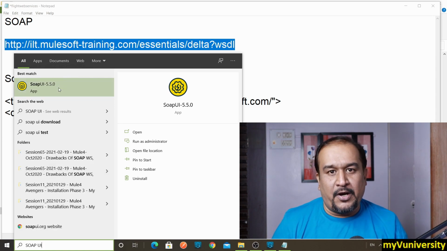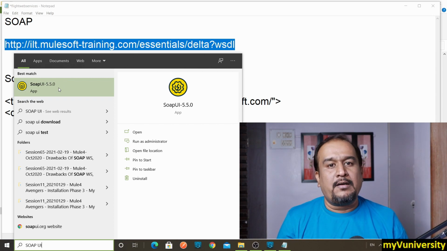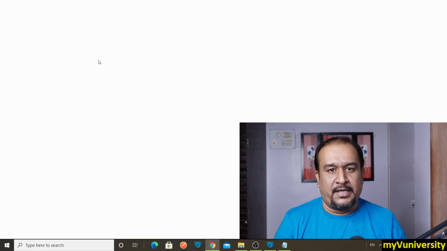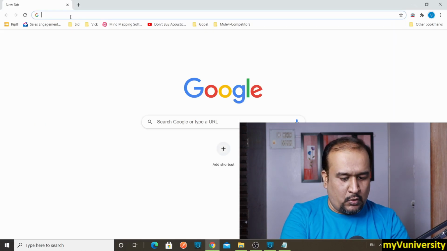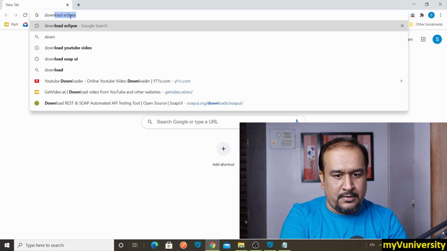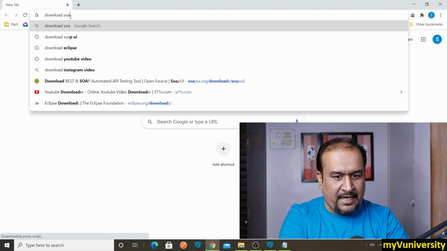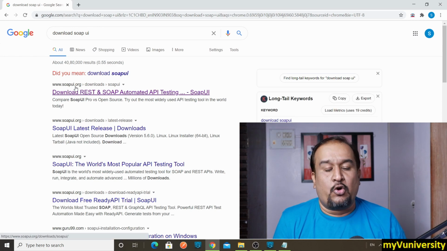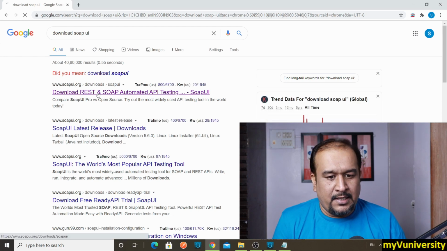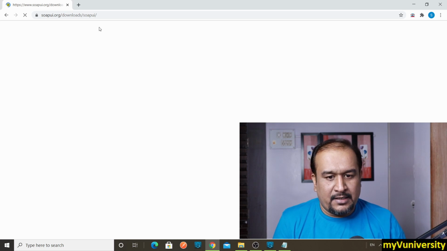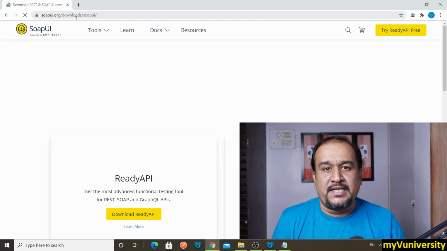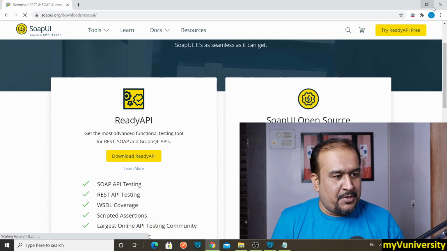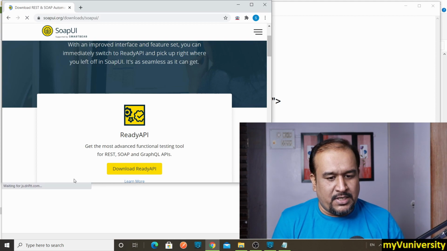I have version 5.5.0, but if you want, you can get the latest version from the internet. You can download it. It is open source. Let me show you that. Just search for download SoapUI on Google, and let's see. This is the official site, soapui.org/downloads. Let's go to that particular URL, soapui.org/download/SoapUI. Now here on the right hand side of this browser,